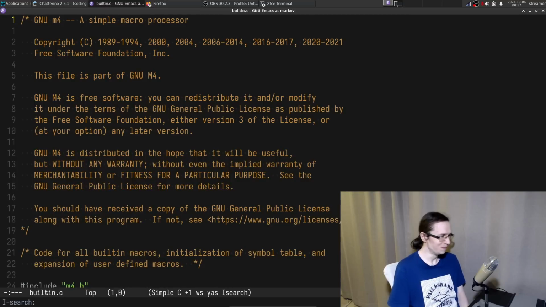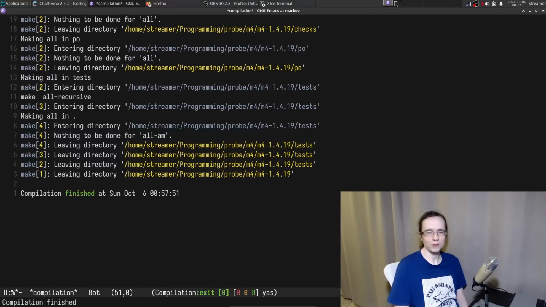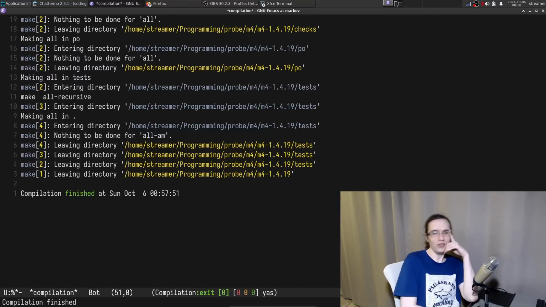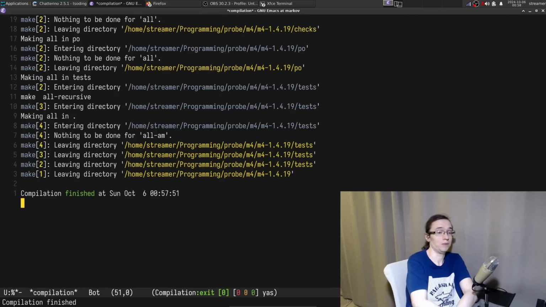So, okay, sure. All right, so we introduced a new built-in into M4. That was actually kind of easy. Honestly, this could be a very cool interview question, similar to the memcached interview question. Introduce a new built-in into M4, right? So just to test how quickly you can navigate a foreign code base, a code base you've never seen before, and how quickly you can extend it and stuff like that. I think it's pretty good.